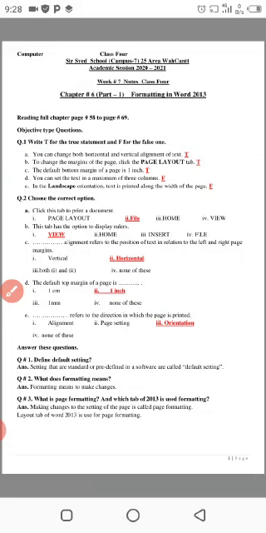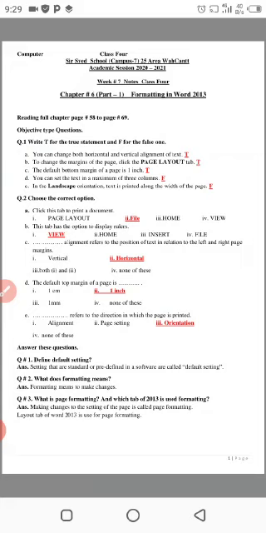Next one is, you can set the text in a maximum of 3 columns. No, it's false, because we have a variety of options to type a document in Word. We can have 2 columns, 3 columns. It depends upon the scenario which is going to be held. Last one is, in the landscape orientation, text is printed along the width of the page. It's false, because in the landscape orientation the text is not printed along the width of the page.